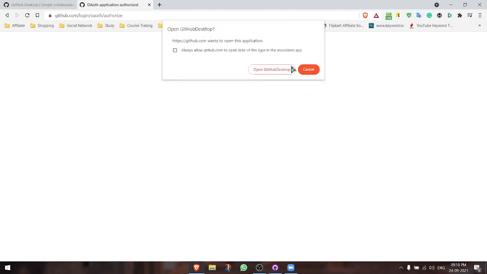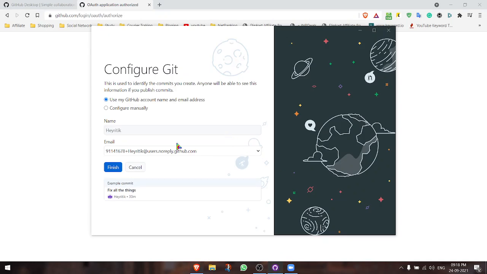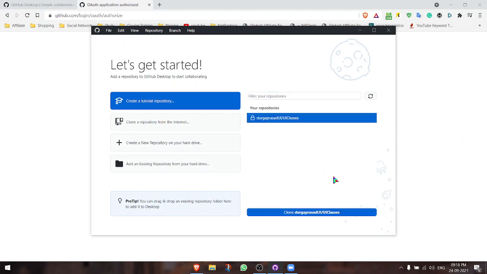Sir, I heard about GitHub Push, sir. There is something called GitHub Push. There is something called Git. There is something called command prompt Git also. But those are all different versions we have. We can use any of them, but this is the simplest way. You don't need to learn any of the commands here. It is UI based, you can do that.